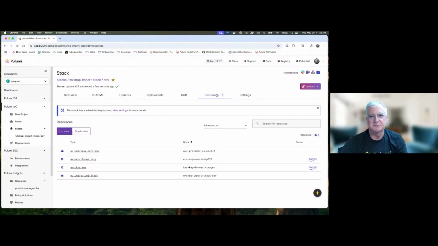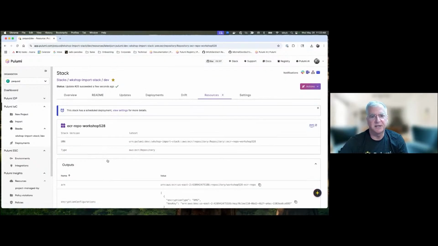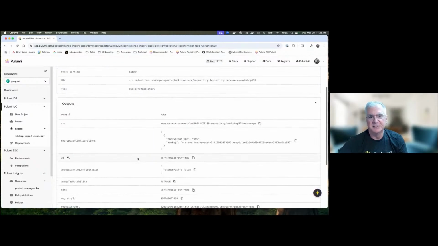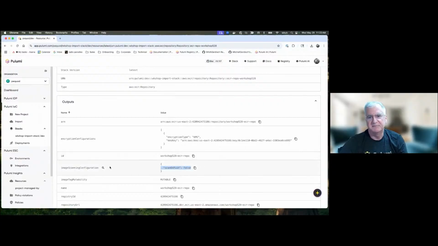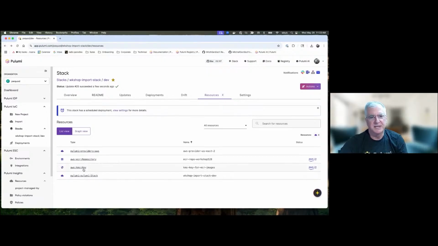Before, this was basically empty. Now we see the ECR repository being managed. We still see that we have that false scan on push. We have to address that. We have our KMS key,